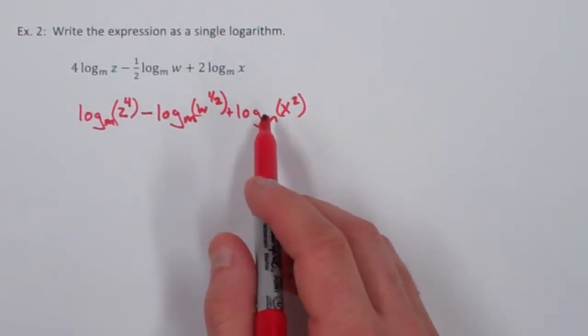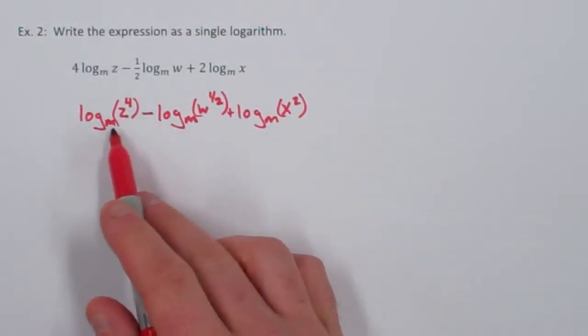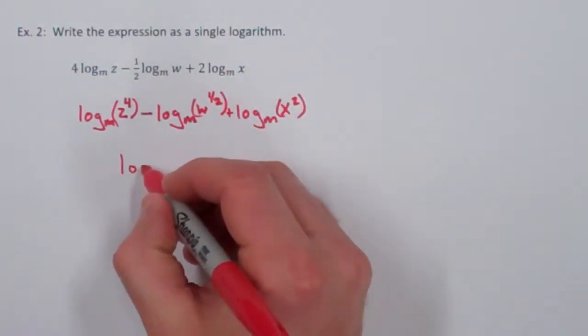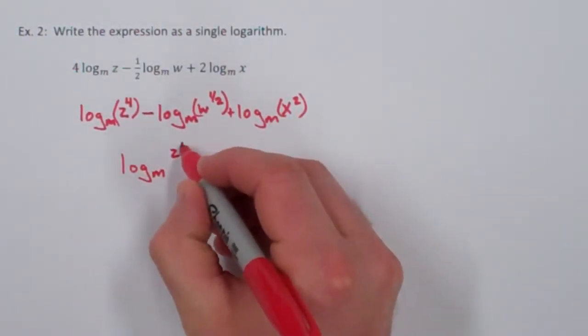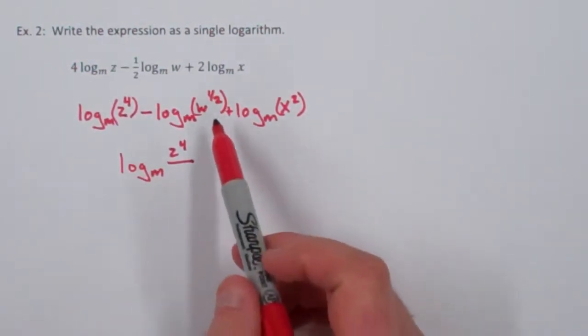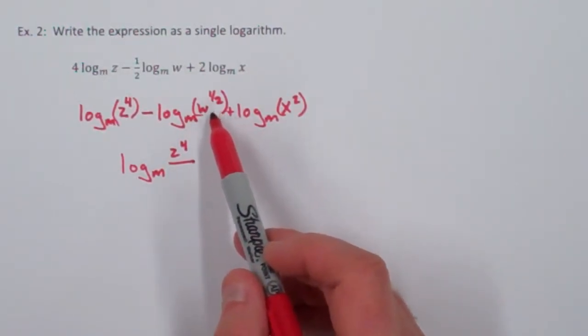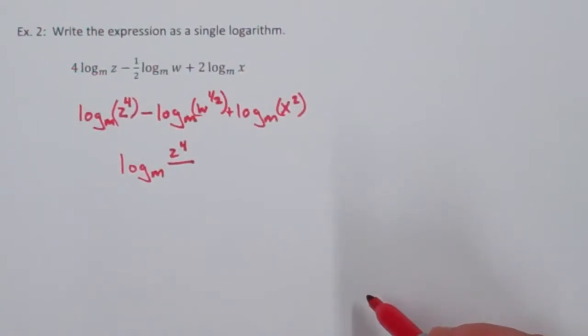To write this now, we can do a few steps. One thing I notice is that we're subtracting these logarithms with the same base, so we can use that subtraction rule, which states that we're going to take the value to the left, which would be z to the 4th, and put that over the value to the right-hand side. You don't have to do this, but it's a nice thing that you can do if you need to, especially if you're told to express your exponents as either radicals or in radical notation, or express your exponents as rational